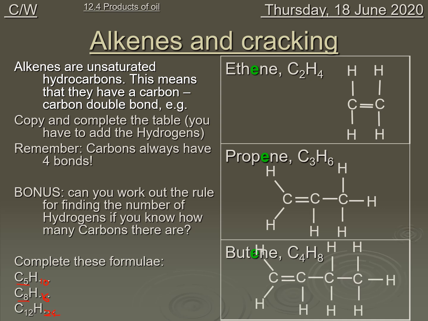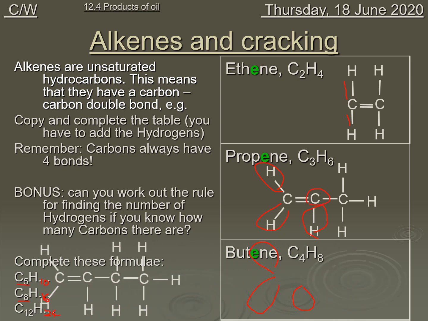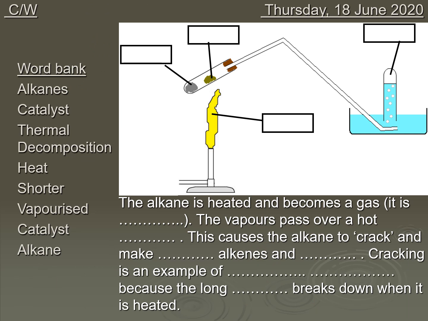So hopefully they were not too challenging and you remembered them fairly easily. Again, it doesn't matter which way you draw that on the top or the bottom, and it doesn't really matter if you draw these angled or not. In terms of the GCSE, they're not fussy, so here it's drawn straight up and down. That's easier when you do polymerization. Doing these at an angle just looks a bit neater and is slightly closer to three-dimensional truth, although you really ought to angle this one as well. Okay, so our next little task is a blank fill, but it's going to be a little bit hard to do until we've talked about it.